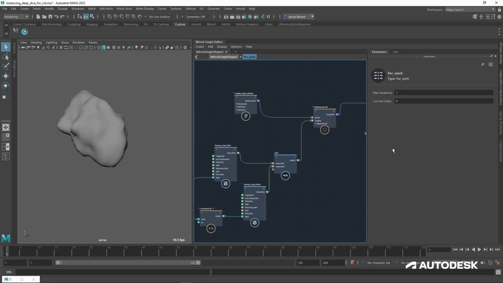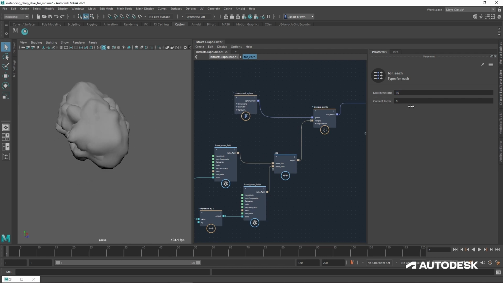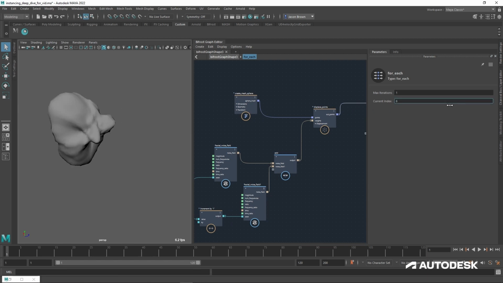And we can take a look at what we've got. If we say we want 10 rocks, it's going to generate 10 rocks for us, and they're all going to be on top of each other. But I can see what each one looks like by just changing the current index, I think. Other way around, sorry. So iterations to 1, so we're just seeing 1 at a time. But I can change that index to take a look at what's going on. And those are the rocks I'm going to get.